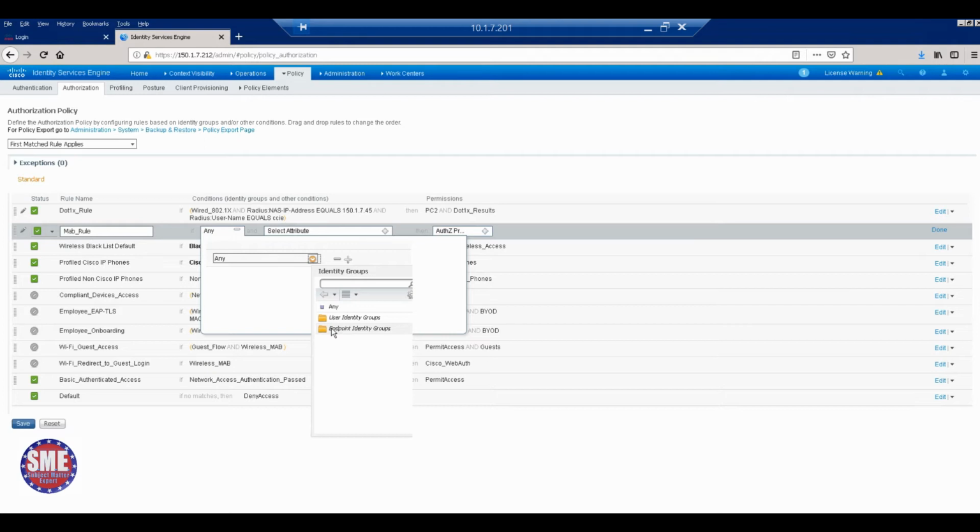Why does the MAP rule have an if condition? Remember, three things are coming from the MAP authentication: IP phone, AP, and PC. This we need to differentiate. That's why MAP has an if condition. You got it. If there is only one MAP, MAC address based, so many PCs you want to manage, just make it any only. But here we need to differentiate because